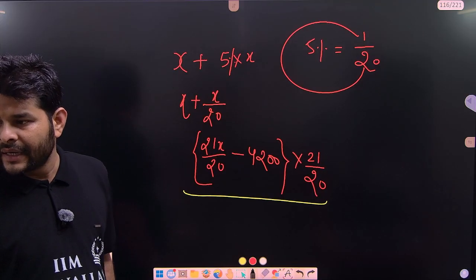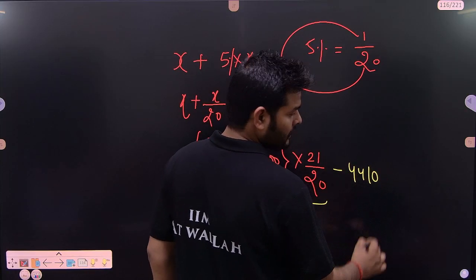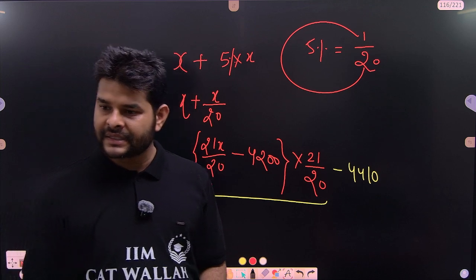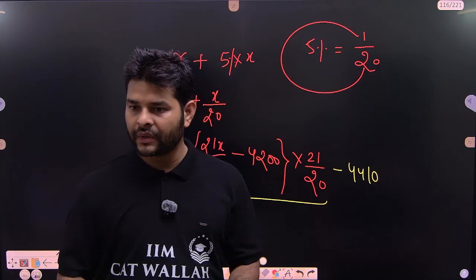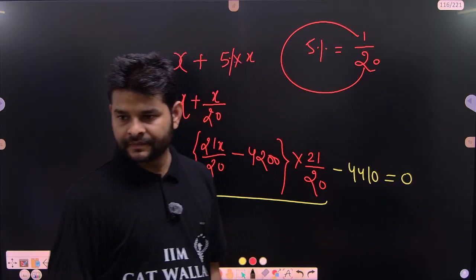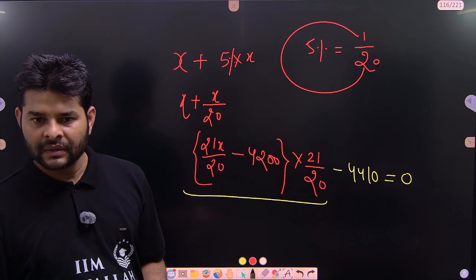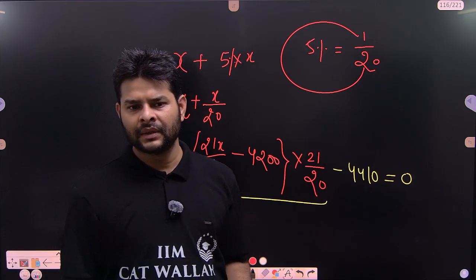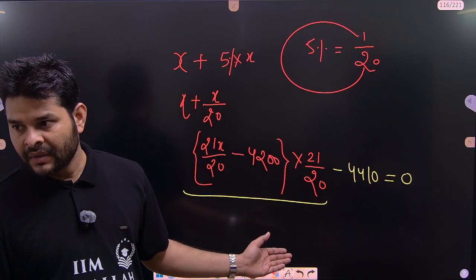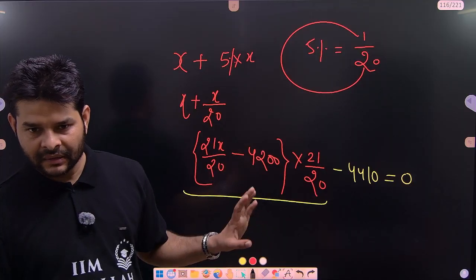And I come at the end of the second year and pay 4410. After paying 4410, I discharge all my amount with the principal. So that means the value would be 0. My dues are discharged, so the value would be 0. A quite simple method, but this is the detailed method. We need not take this approach. If we use this approach, somewhere we are killing a lot of time. But just for understanding, are you getting this method or not?